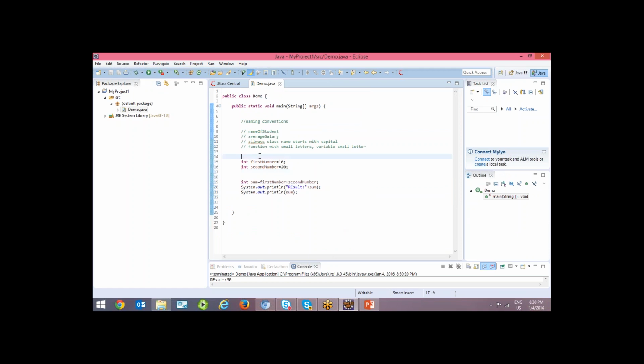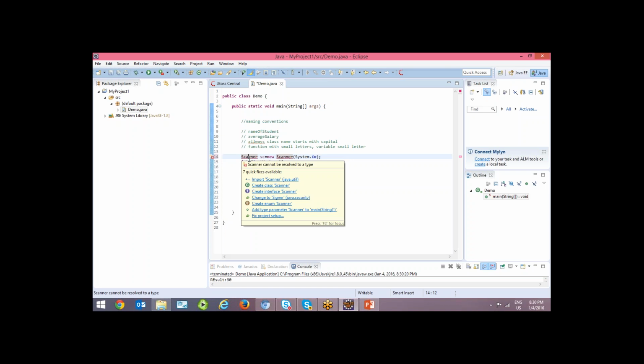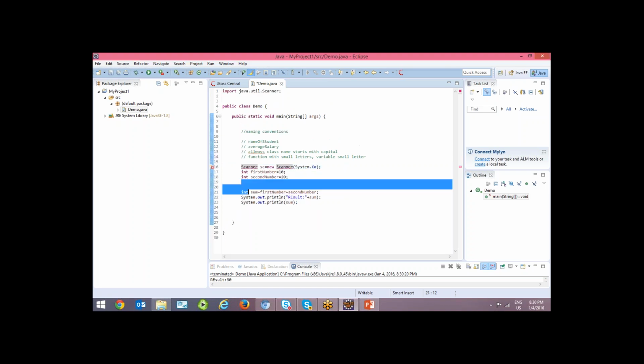Rather, in Java we can use another process called Scanner, which is a class, right? This is the syntax you have to use so that you can read the inputs at runtime, and this Scanner needs to be imported, which is available from one library called java.util.